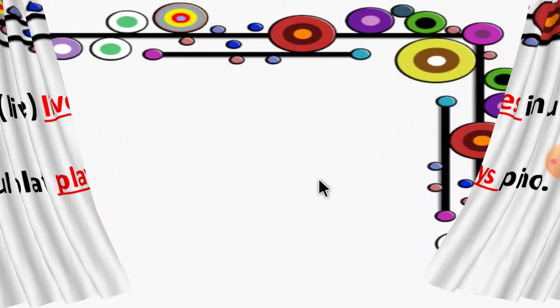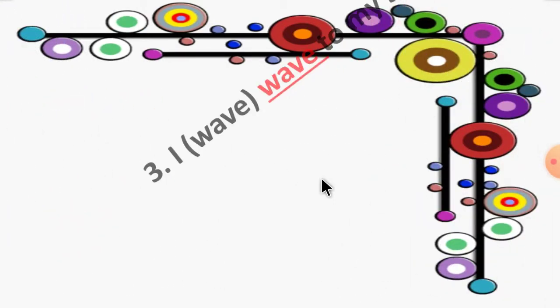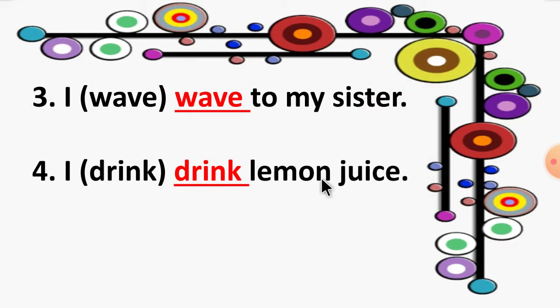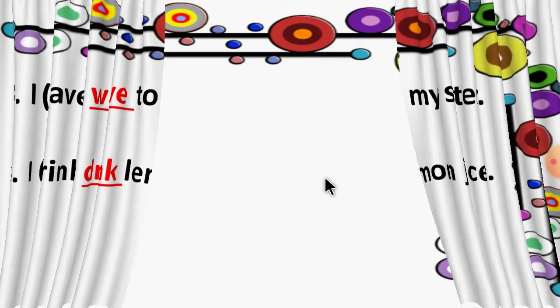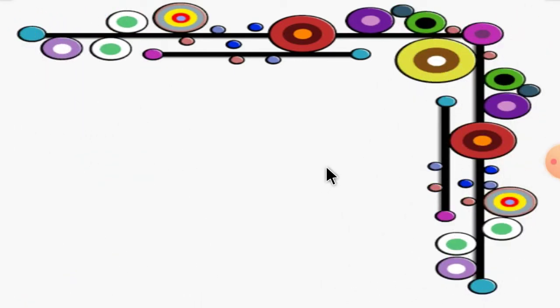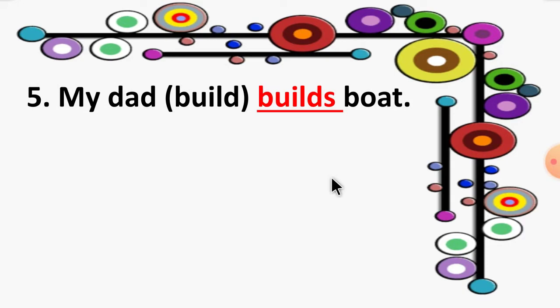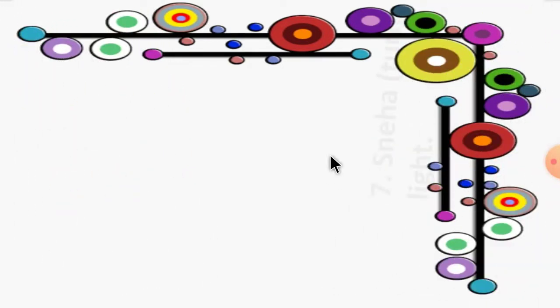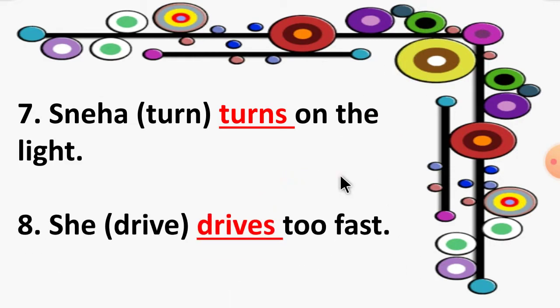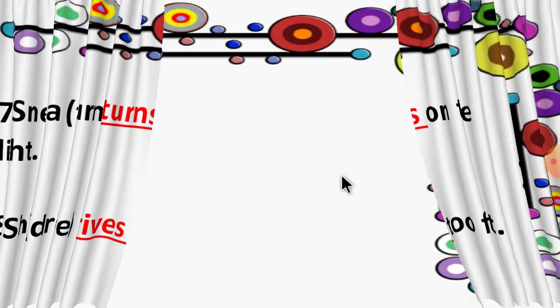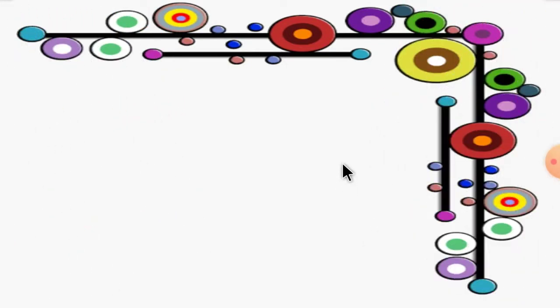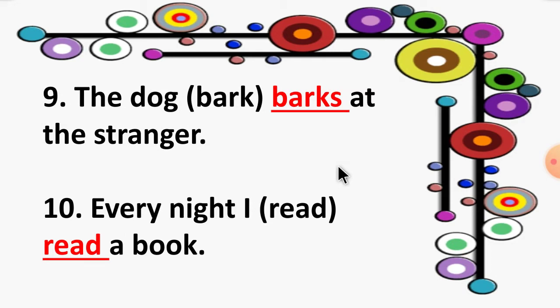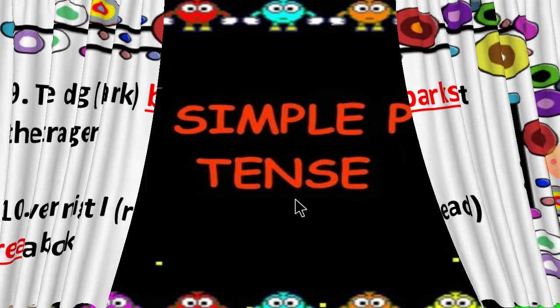There are a total of 10 fill in the blanks: 3, 4, then 5, 6, then number 7, number 8, then after that number 9 and 10. After completing this exercise, we learned the simple past tense,